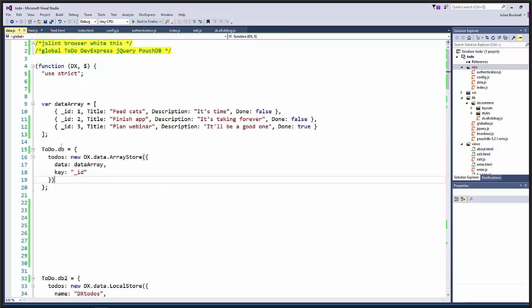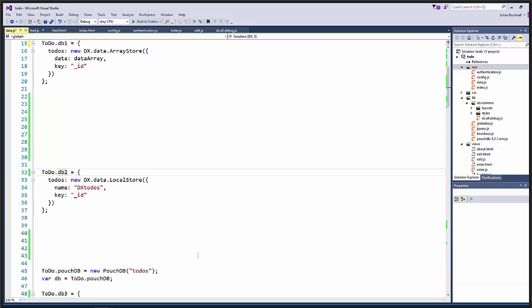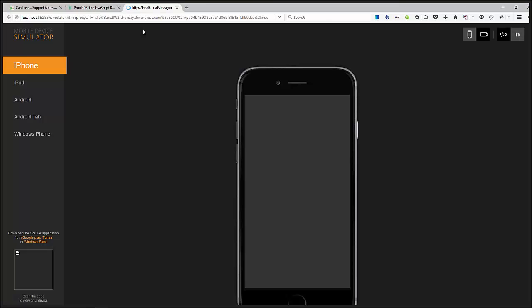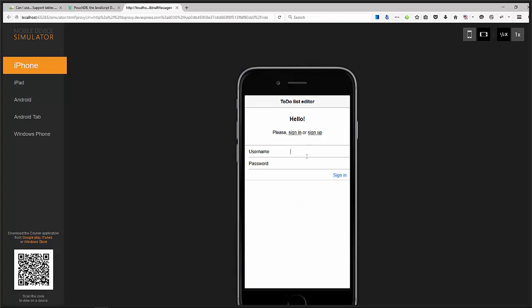I'm not going to use an array anymore. I'm going to be using a local store. What the local store does is use local storage to store the data. Again, it's a class that we provide as part of DevExtreme. I've just given it a name of DX-to-dos, so that's the name of the database I'm going to be creating, and again I just specify what the key is. So now, without any other changes whatsoever, I'm going to rerun this application and log in, really boring,